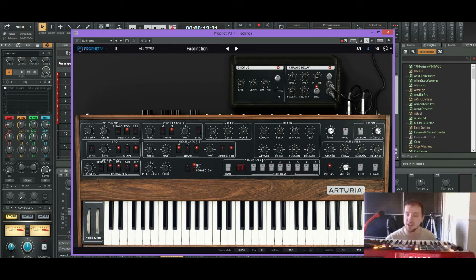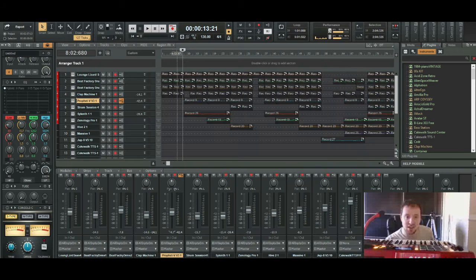And I mean, what can I say? I got it in a bundle deal. I got the Prophet 5, the Prophet V, along with the Jupiter 8 update. So basically, I got 2 for the price of 1. So I got an upgrade and a new synth, which is nice. And of course, I'm pretty much paying for the same price. So it's a win-win for me. It really is. So I chose this patch. It's called Fascination. And this is what Prophet V sounds like.